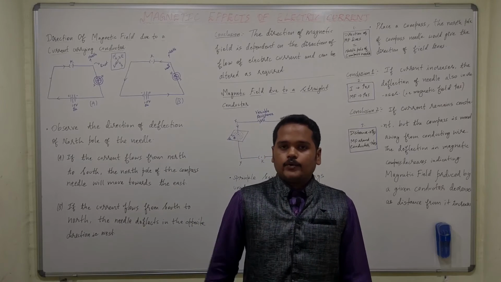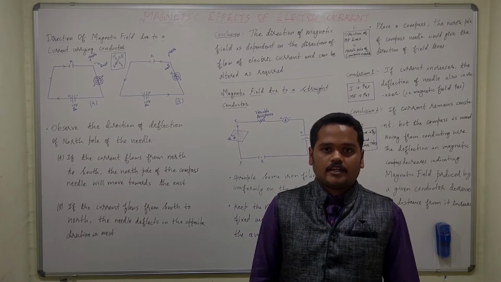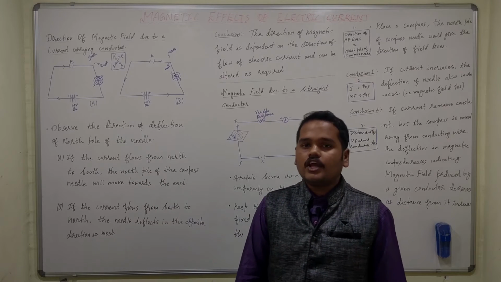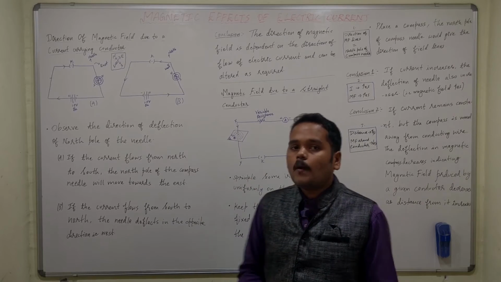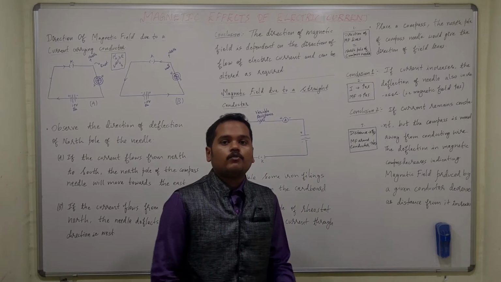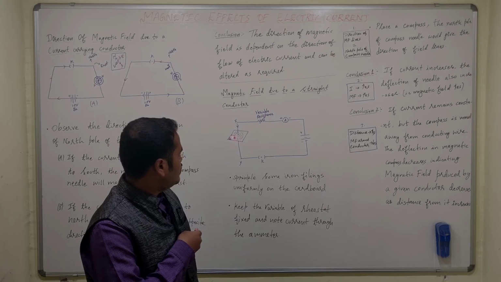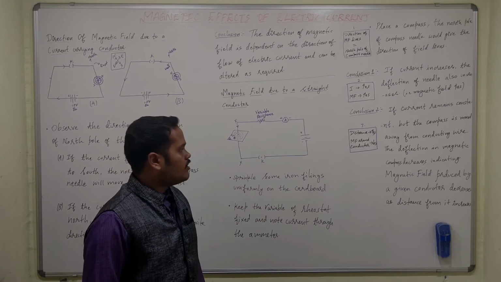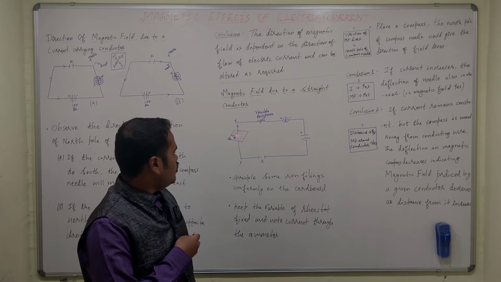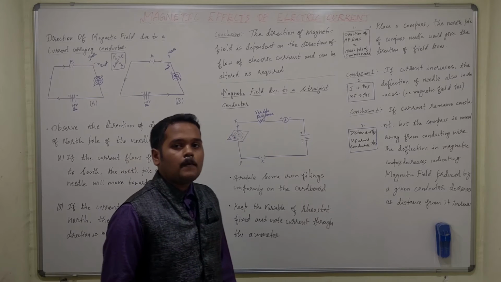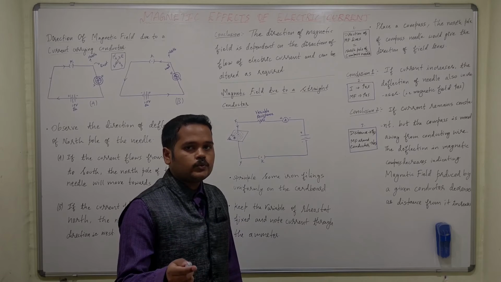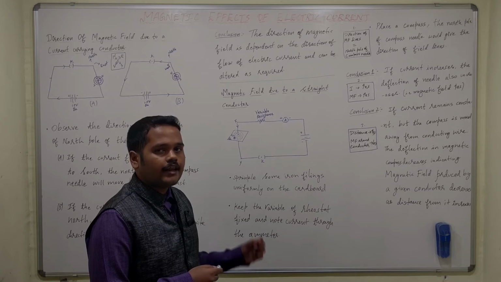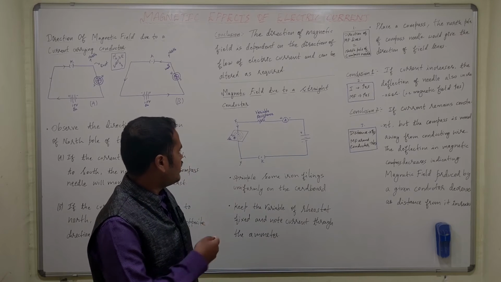The next thing that we do is we have to find out the direction of the magnetic field. So how do we find out the direction of the magnetic field, which we have learned? You have to place a magnetic compass inside the rectangular cardboard where you have sprinkled iron filings, and look at the north pole of the magnetic compass needle, which will give you the direction of the magnetic field due to the current.